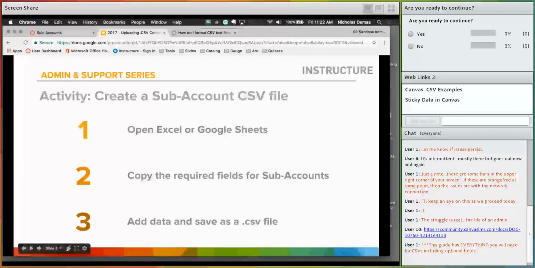All right, I'm going to place myself on mute while you work through this activity. If you do have questions, either chat us on the side or throw them in the chat area. When you're ready to continue, please hit yes in the